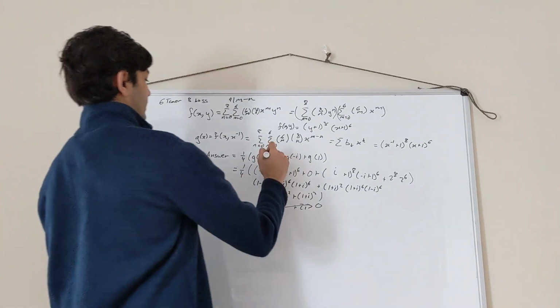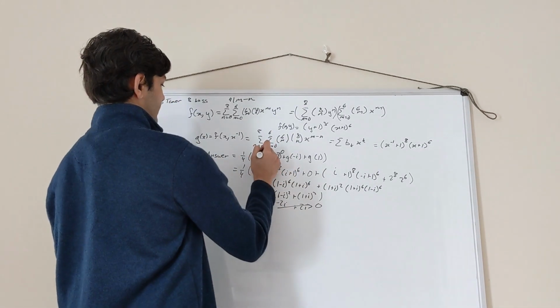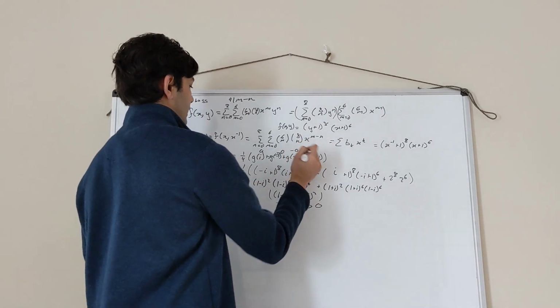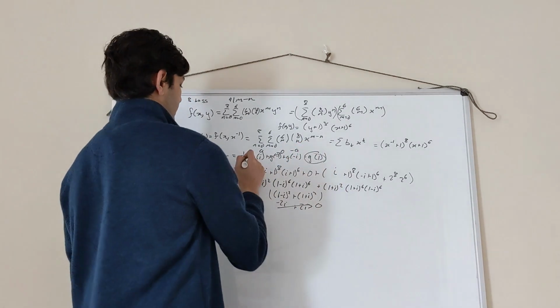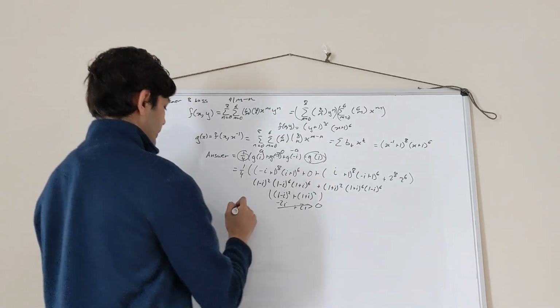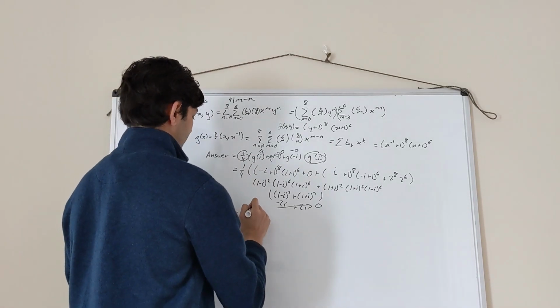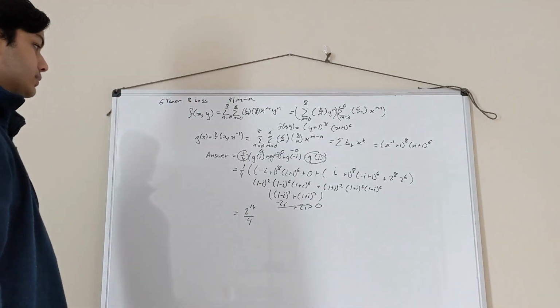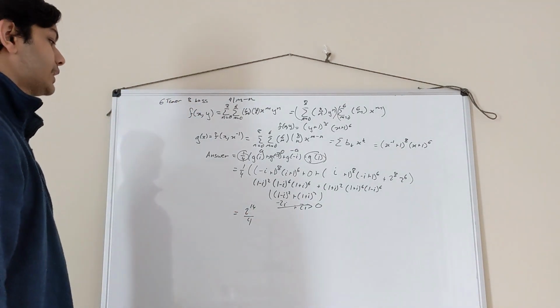So what that means is that this evaluates to 0, this evaluates to something A, and this evaluates to the same thing but negative, so that's negative A. And all we're left with is g of 1 divided by 4. So what that'll be is 2 to the power of 14 over 4. And so that should be your answer,